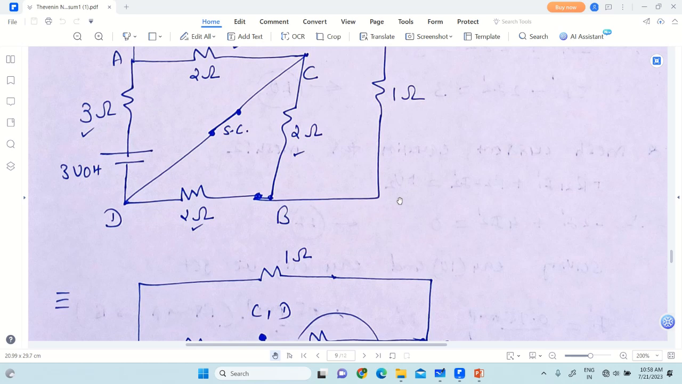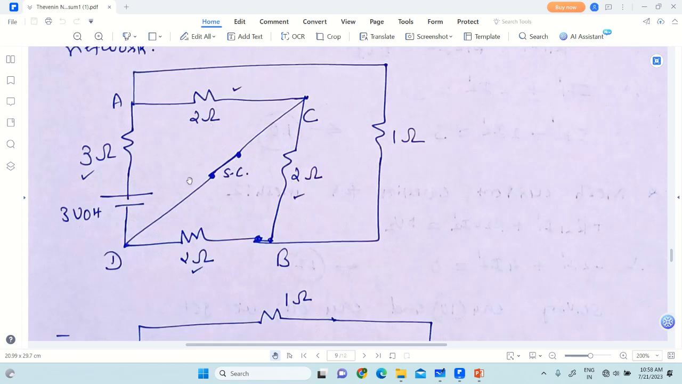Now there are 3 meshes. This is mesh number 1, A, C, D, A. There is mesh number 2, C, B, D, C, and there is mesh number 3: A, then 1 ohm resistance, then B, 2 ohm resistance, C, 2 ohm resistance, A. So A, 1 ohm, B, C, A. This is the third mesh. You can write the three mesh current equations. In lecture number 2 we had written three mesh current equations. Similar to that, you can write three mesh current equations, or